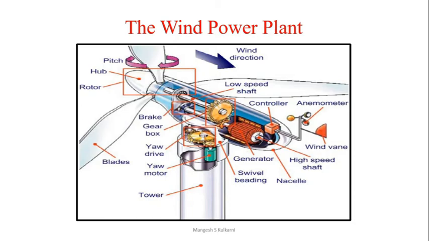The wind power plant schematic shows the constructional details of a wind power plant, which consists of mechanical parts as well as the electrical components of wind power plant. Wind turbines or wind generators are machines that capture the kinetic energy in the wind and convert it to mechanical or electrical energy that can be applied for some use. When hot or cool breezes blow, a wind turbine produces electricity.